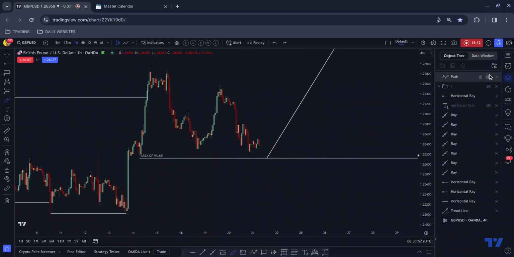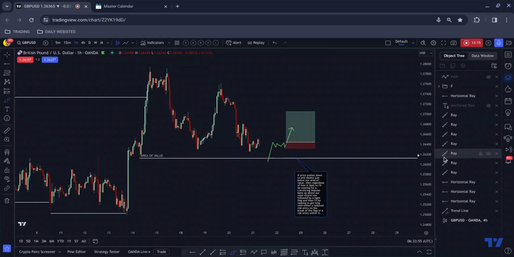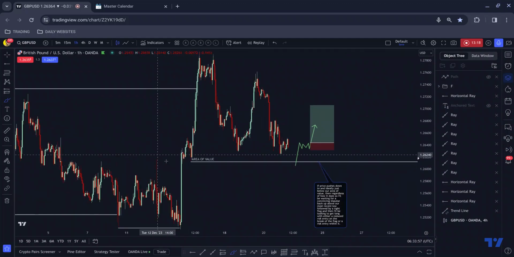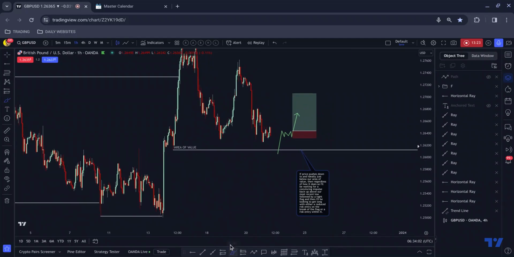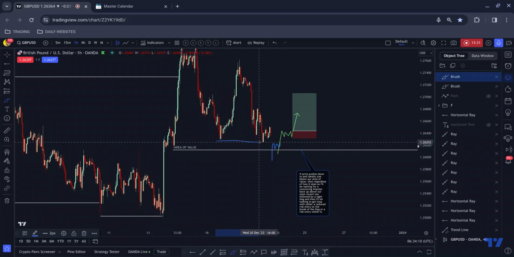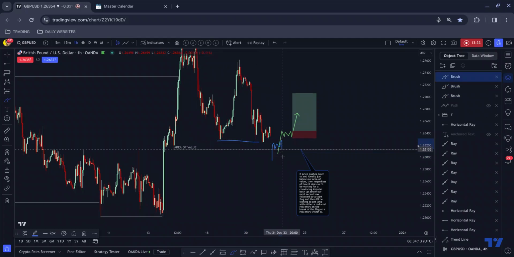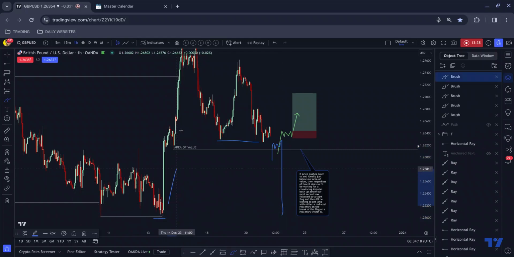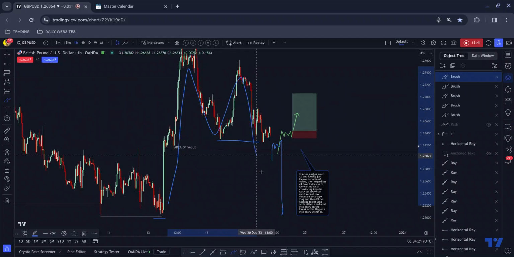So what I'll be looking for in this instance is the following. If we were to tap into this area of value, I will be looking for not just a push up and a flat. I won't be looking for a kind of flag just here, because then you'd be trading into these lows here. And this could just be a retest for a move back down to here to give us the M-style pattern, because of how pound dollar has been moving and because of how far this correction has pulled back relative to this impulse up which has preceded it.